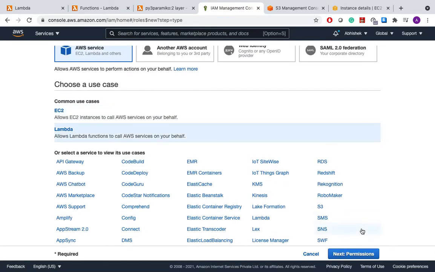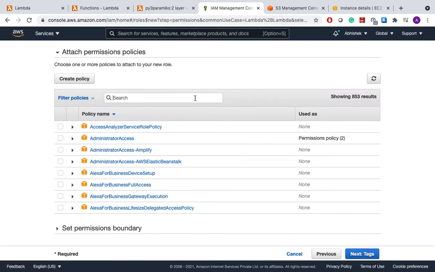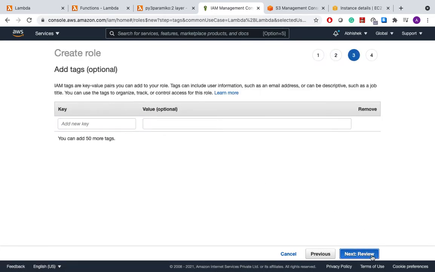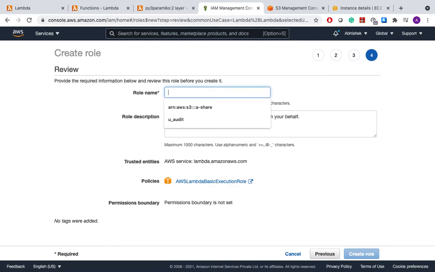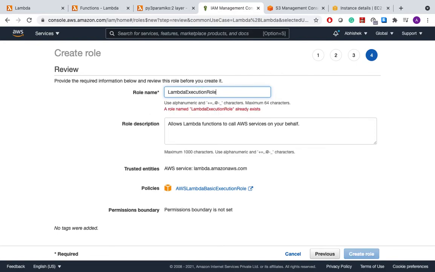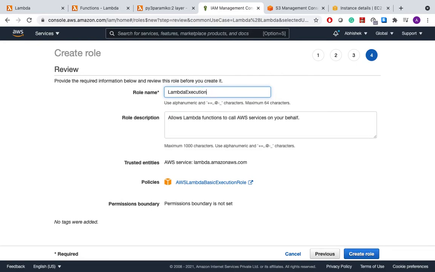We need it for Lambda. We'll select Lambda basic execution role. And we'll give name as Lambda execution. And create the role.